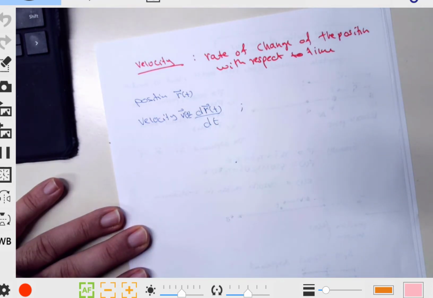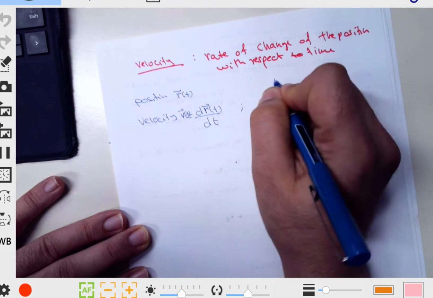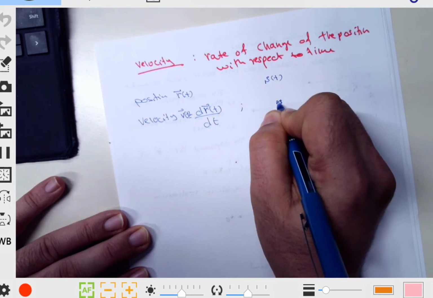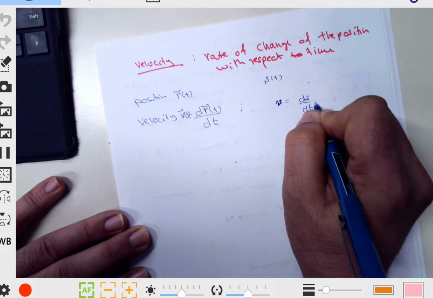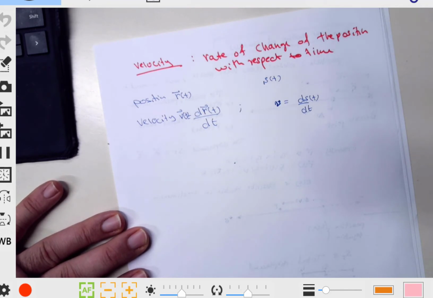Or if it's rectilinear, we can say, here's s of t, and this again becomes v equal to ds over dt. So we must know s as a function of t to find out the velocity. Again, velocity is the rate of change of the position, and it's instantaneous, meaning